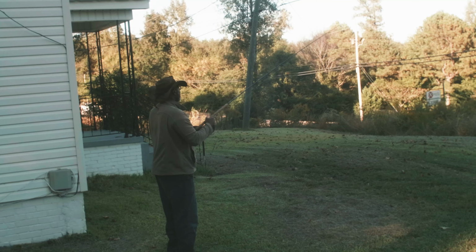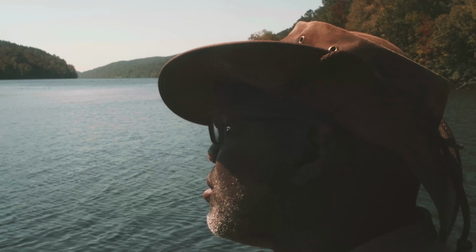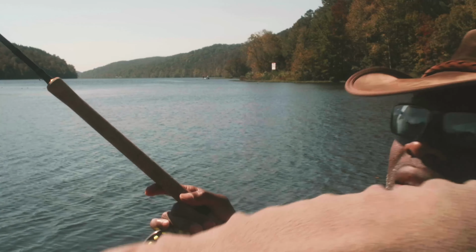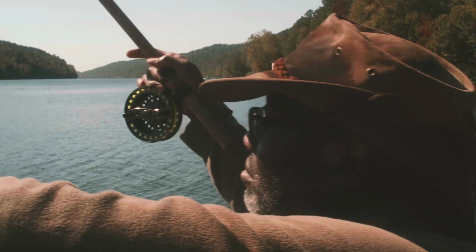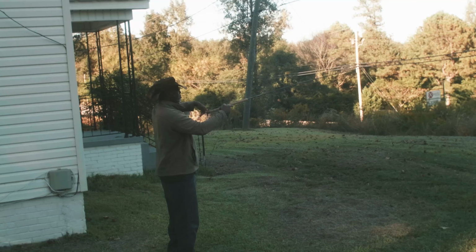And then the last cast is a side cast. It's what they actually call a side cast, where you literally take the line like this off to the side, and you're using it like you would a